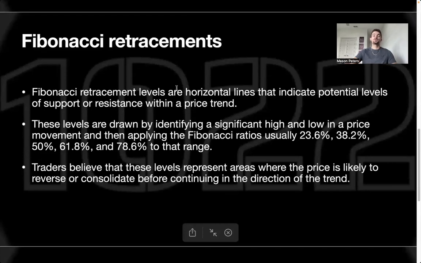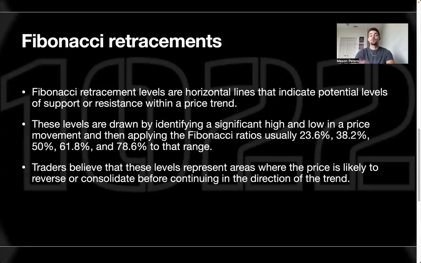So Fibonacci retracement levels are horizontal lines that indicate potential levels of support and resistance within a price trend. These levels are drawn by identifying highs and lows in a price movement, and then applying the ratio from bottom to top or top to bottom, and looking for percentages within that range. It'll be easier for you to see on the example of the chart when we hit the chart. But let's say that price reaches 23.6 and it hits that level and decides to continue in the trend. That is always a possibility. Same with 38.2, 50%, 618, and